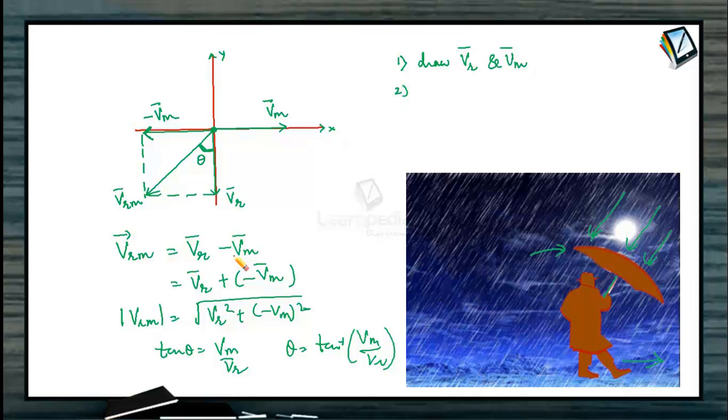Then, because we have to subtract the velocity of man, reverse the direction of the velocity of man. Generate the parallelogram and find the resultant. Then what is left over is only the calculation. You calculate the magnitude and the angle here. So once we do one or two problems, it will be easier for you to understand.